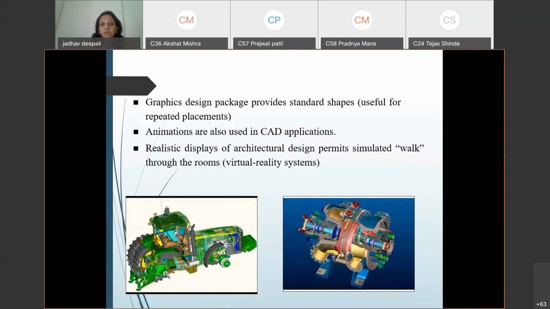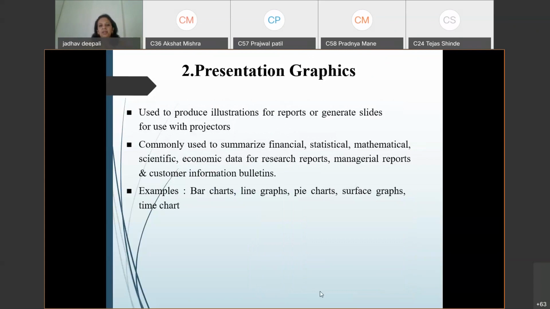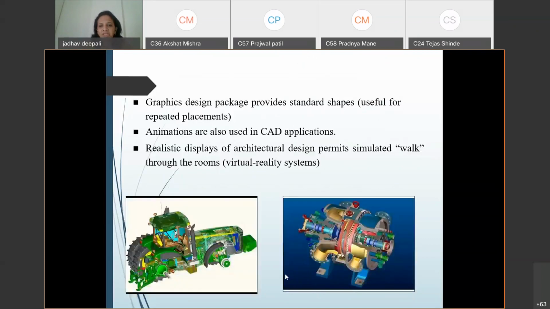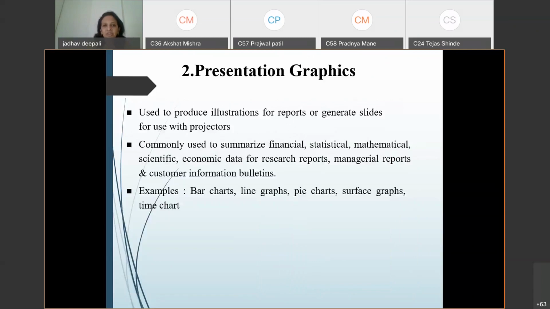So in this way, we are going to study the remaining applications, starting with presentation graphics. The simple example that I am using now: I prepared the slides and show you those slides. In the previous example, I showed you the images, so it becomes easy to understand, correct? After that, if I use animation, or display a simple video, then it is also very easy to understand the particular topic. So this is presentation graphics.